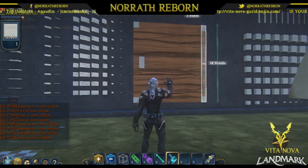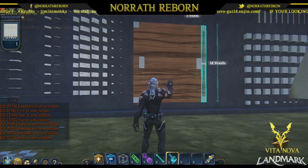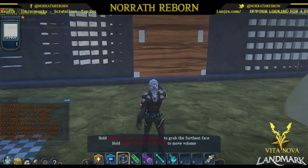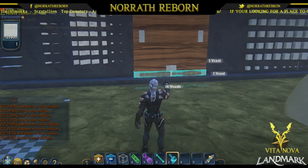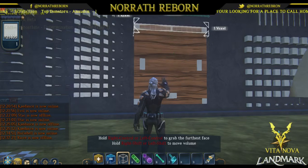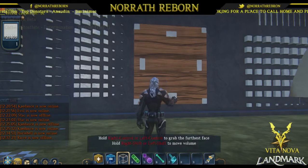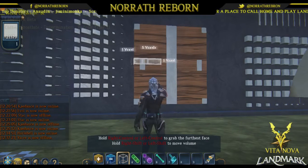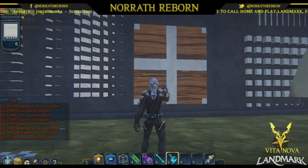And then what I like to do is, instead of getting rid of the selection and then trying to find them again, I just like to go ahead and paint the ones next to it so that I know exactly where those are going to be at. And basically what we're going to do is make a cross in the middle of this panel here. And what that's going to do is help us line up our sphere,